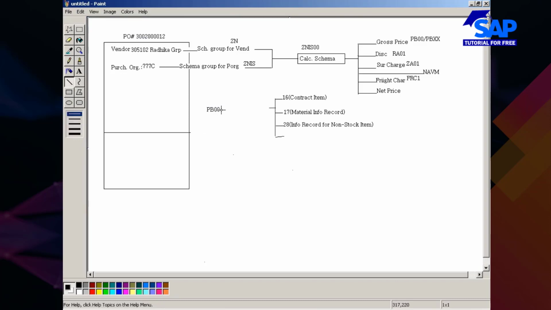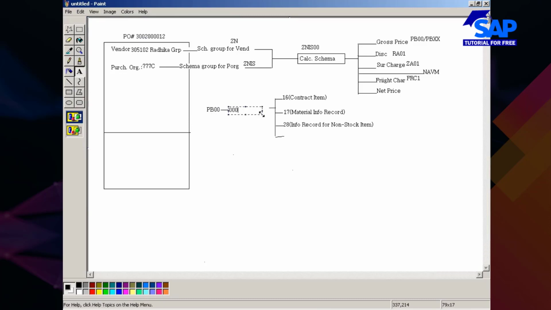This needs to be assigned to an access sequence key, that is 0002.